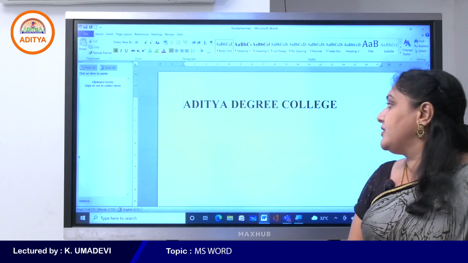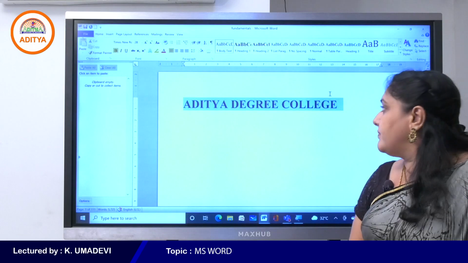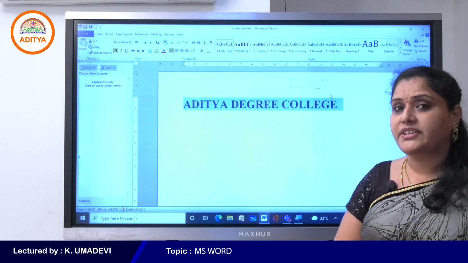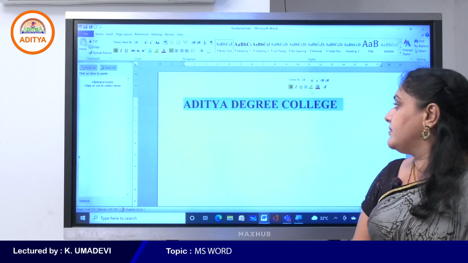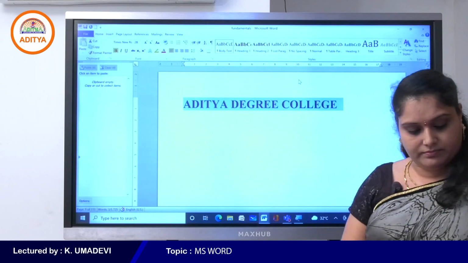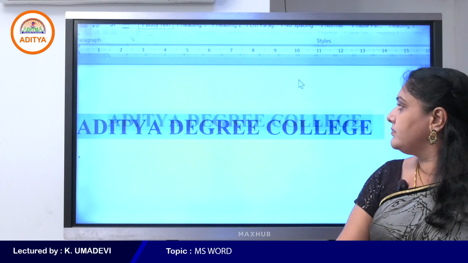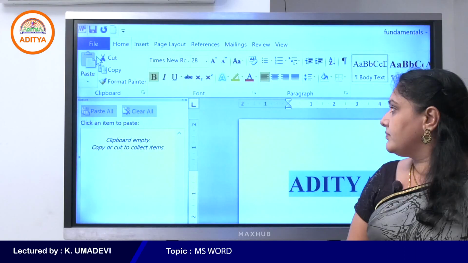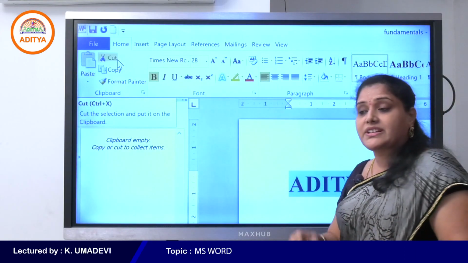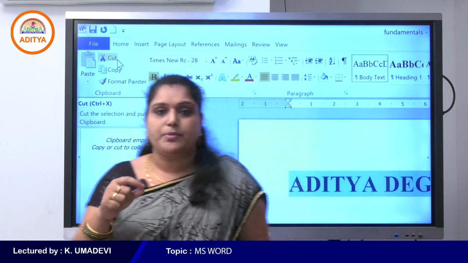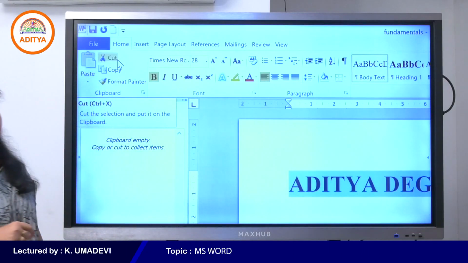First select the particular text and use the cut command that is available on the Home tab.